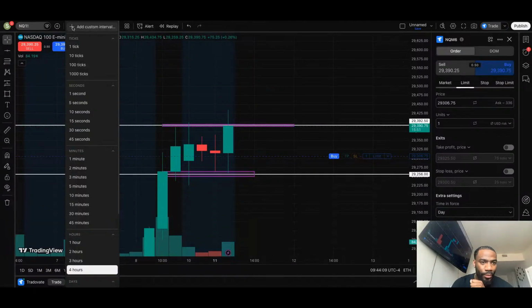So, like I said, I'll look at the 4 hour for top down analysis, meaning I'm going from higher time frames, and then I'll drop down to my entry, which is the 5 or the 1. But I keep it simple. I don't do all the extra stuff that some of these people be doing. I don't think it's that complicated. Honestly, I feel like the more you know, the more you can start messing yourself up, because you'll start putting two strategies together and they don't even go with each other.